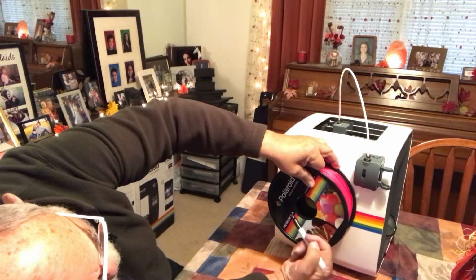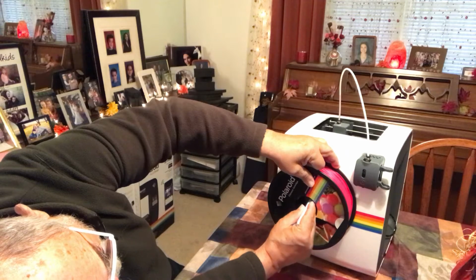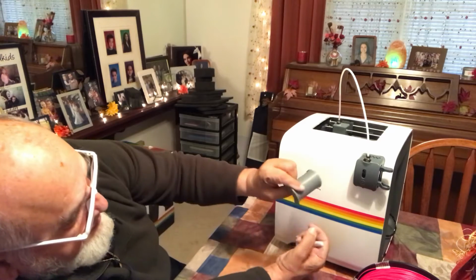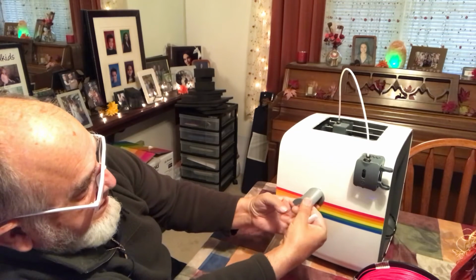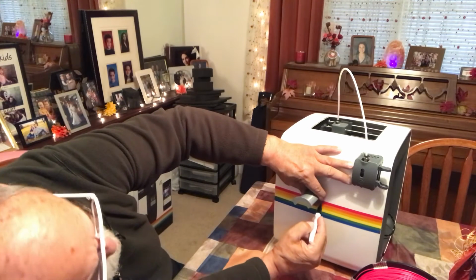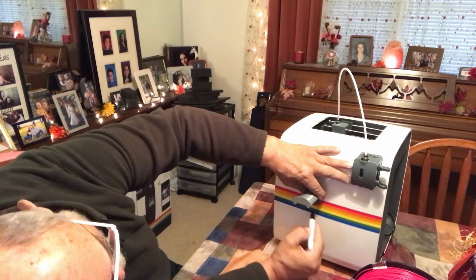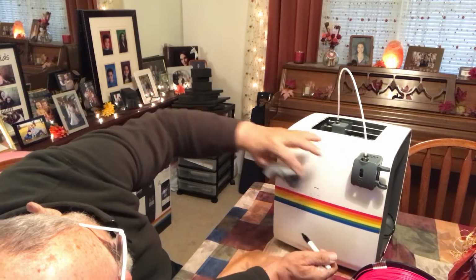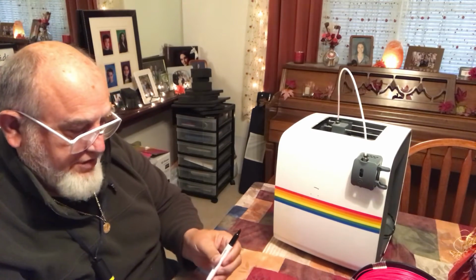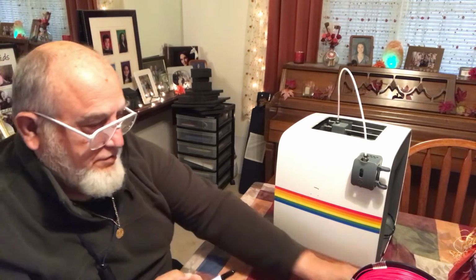And I use a marker to mark the top edge. And this is where I'll be mounting the spool holder. Now I have two holes. Now I can take and mark my two hole locations. Now another method for marking hole locations, if you can't do your marking this way, is